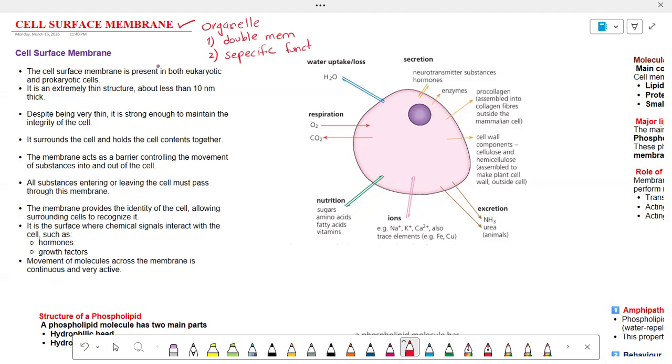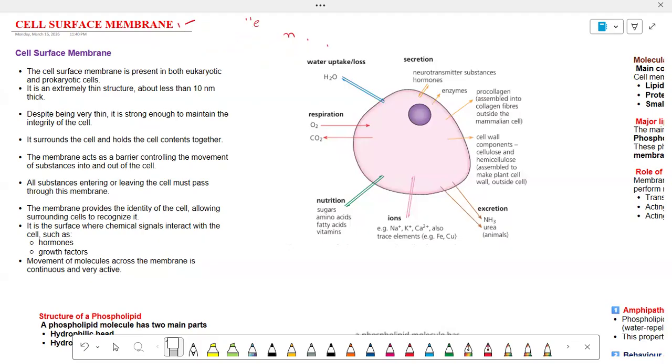So the question arises: can we call the cell surface membrane an organelle? Actually, the cell surface membrane is not an organelle, but we consider it one because it performs a specific function. So that's why I called it an organelle. Okay, now moving to our main topic: